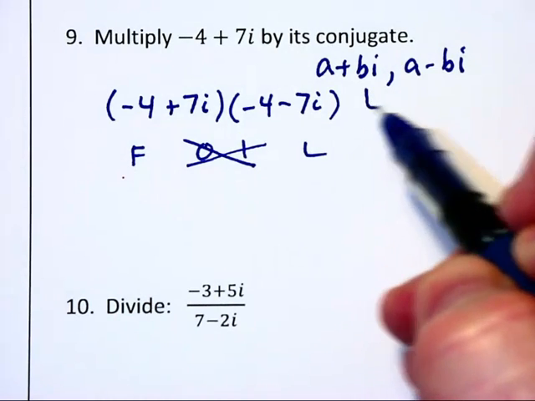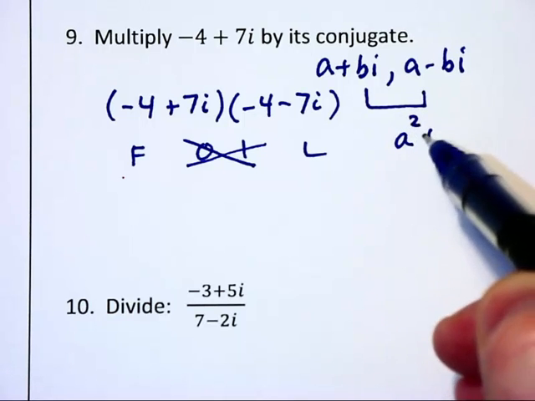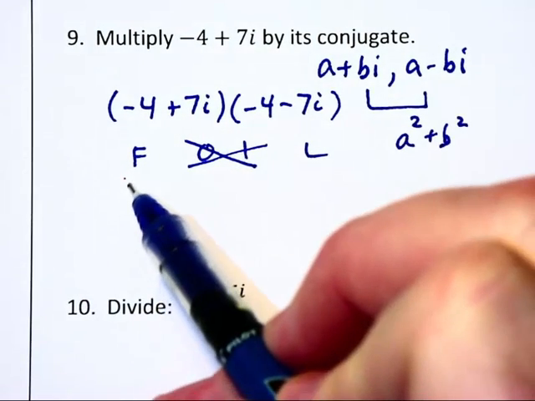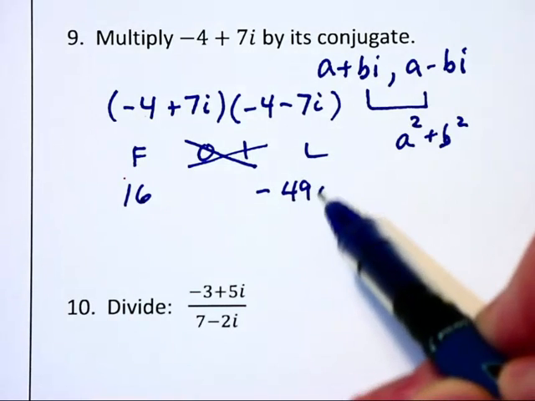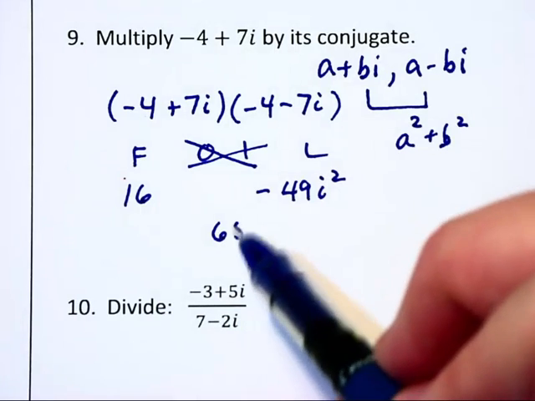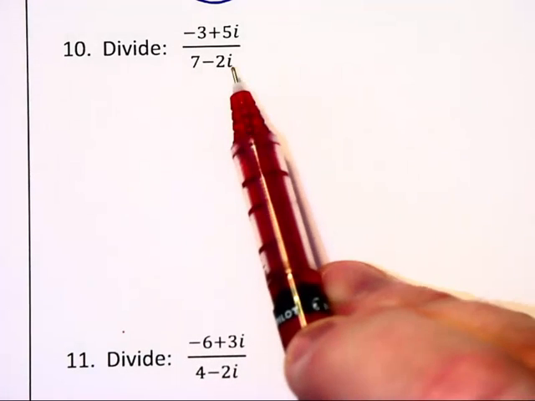The product of a plus bi times a minus bi is just going to end up becoming a squared plus b squared. So for us, negative 4 times negative 4 is going to be positive 16. We're going to have minus 49i squared, which is a plus 49, and those two are going to add up to give us 65. When we are dividing with complex numbers, technically this i is a square root of a